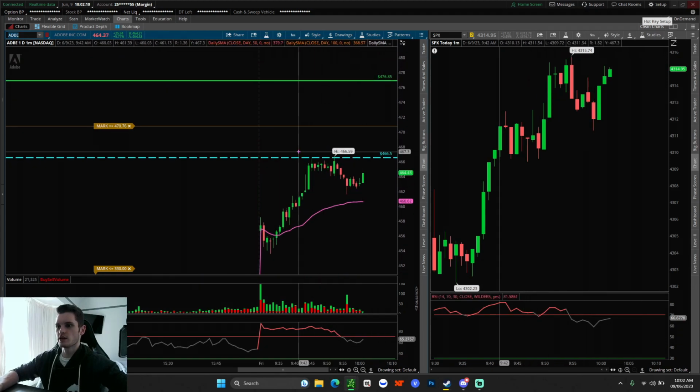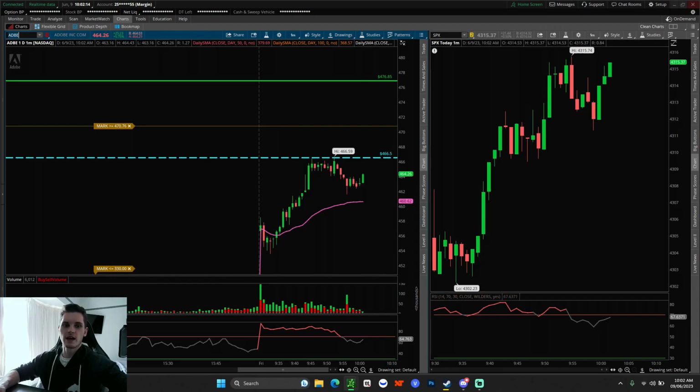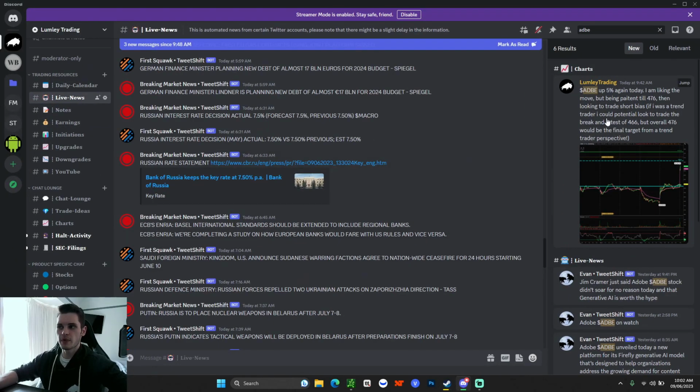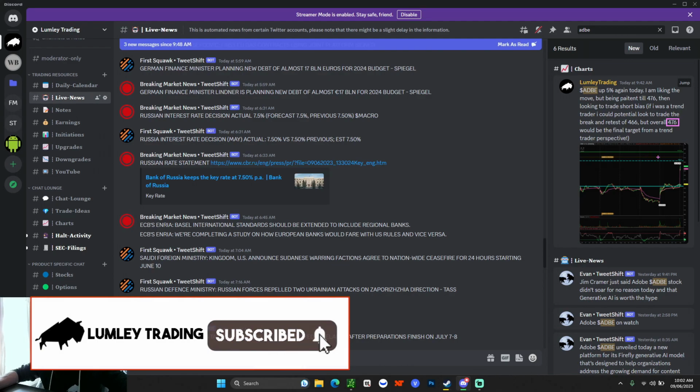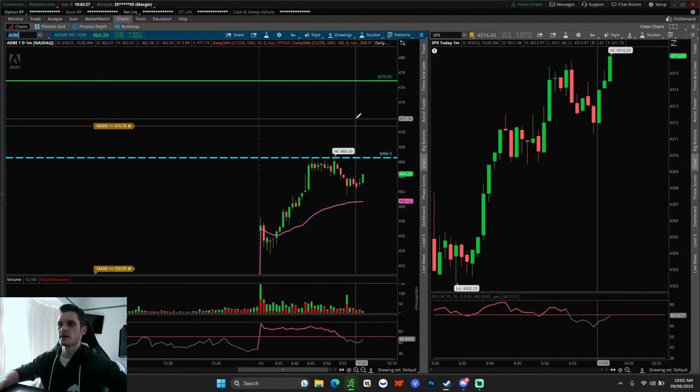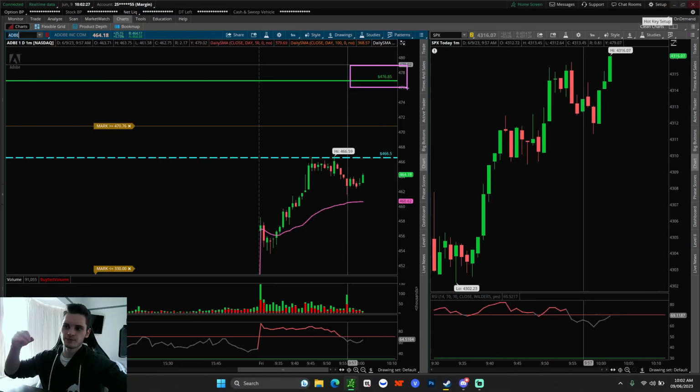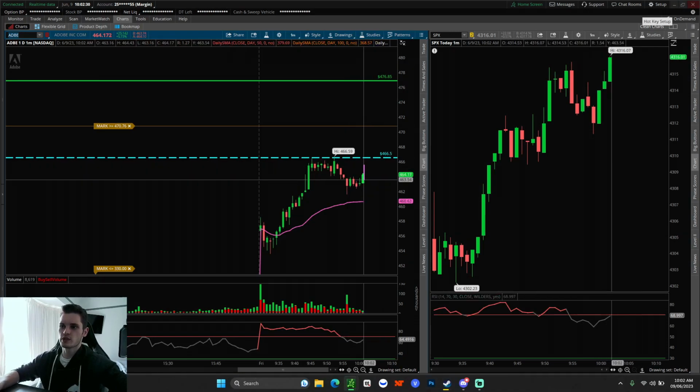Now, if we end up retesting and breaking this 466, and again, like we said in the Discord, I'm being more patient because we're seeing how this stock moves. I want to be waiting for our next level, which we're going to cover now, but that's at 476, as you can see on the chart there, and obviously that's at this level here. So what I'm being more patient for is a break above this level, then come back to test it as a support. If this level can hold, then we're looking for a move all the way to $477